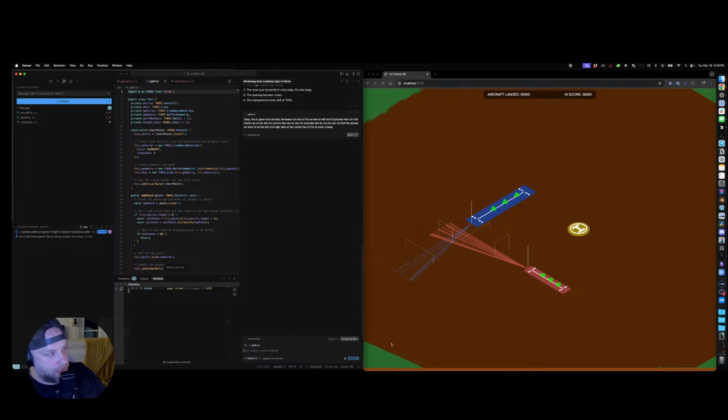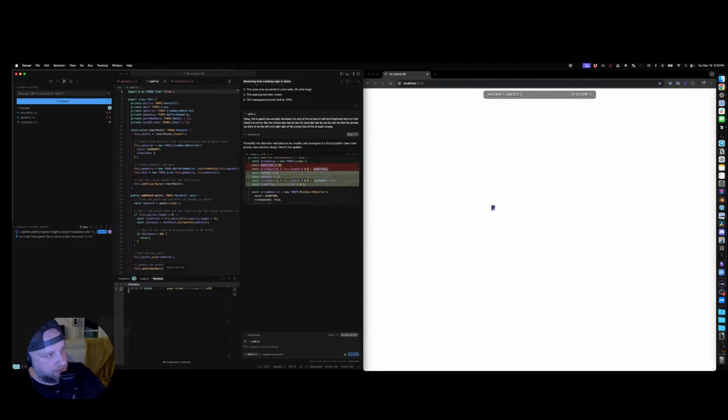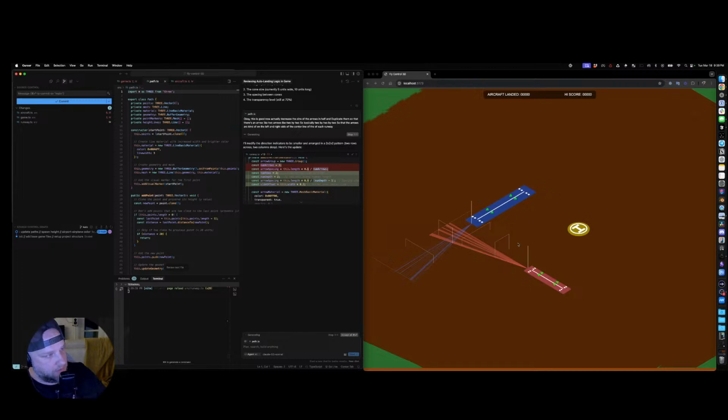I don't know if it's going to get that. What I just want is like little arrows, like 1, 2, 3, 1, 2, 3, 1, 2, 3, 1, 2, 3. I think that'll be the easiest way to visually see where the runway is. So let's just see if it gets it. Yeah, see, perfect. It's not the best, but